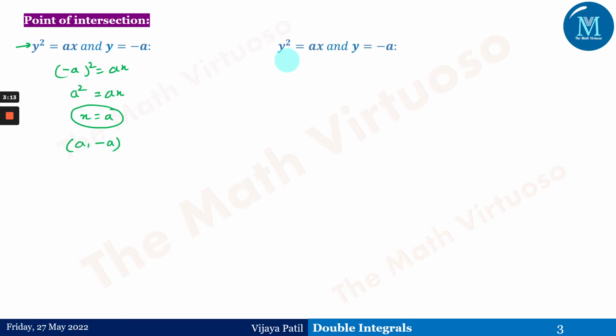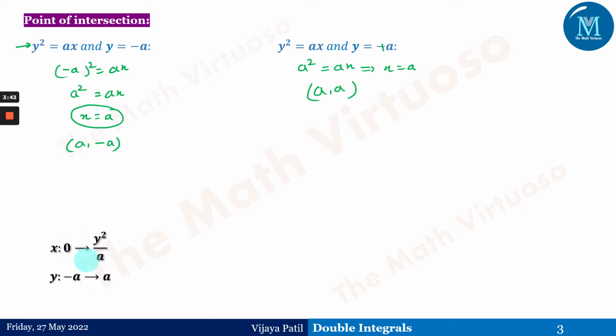So the point of intersection for this curve would be a comma minus a, where a is my x and minus a is y. Similarly, we have y square equals ax and y equals a. Here again a square equals ax, and we get the same x equals a. Therefore the points are a comma a and a comma minus a. These are the two points of intersection. That means in this case, x goes from 0 to y square by a, and y from minus a